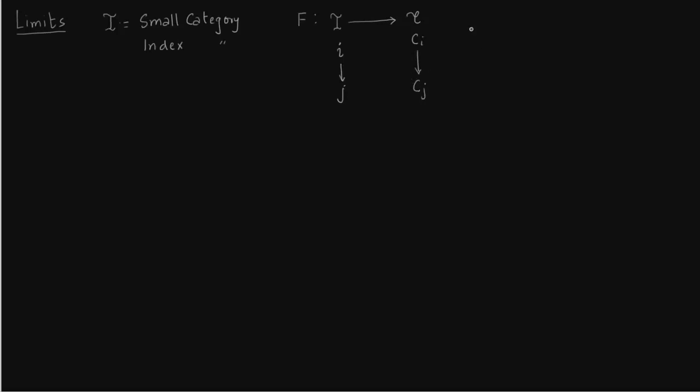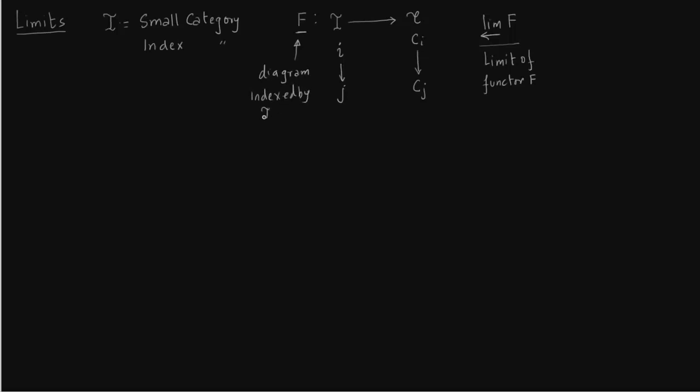Now the way to remember this is to consider I as a partially ordered set. That is not exactly correct, but that is the way to think about it, or that is the way I like to think about it. So I consider I as a partially ordered set, and in that way you have the morphisms. So this is how we write the limit. Limit is always of a functor, but in terms of thinking, you should think of it as an object of category C, and this F here, which takes an index set to a category C,